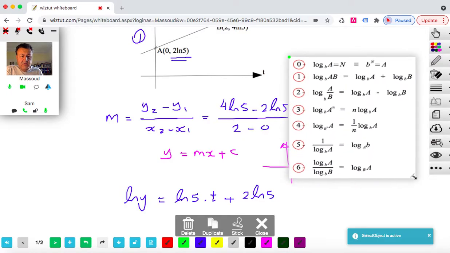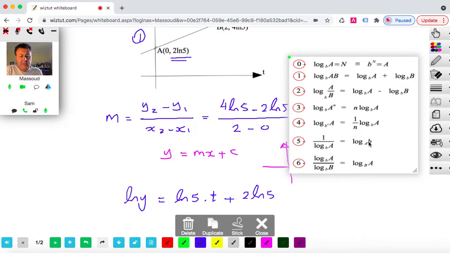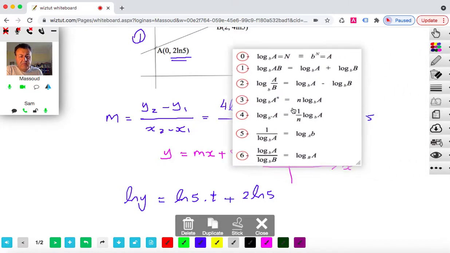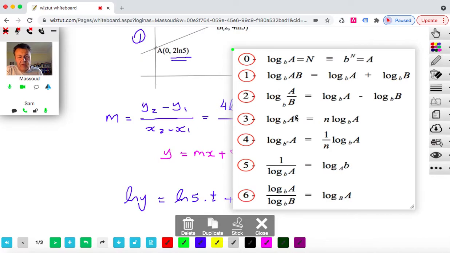So this rule here says that if you have a power, then the power can be brought out and written as a coefficient. So here we have a coefficient, which is a 2, and it is a log. I know we have a log natural, but it's still a log. And we can take this coefficient in and make it a